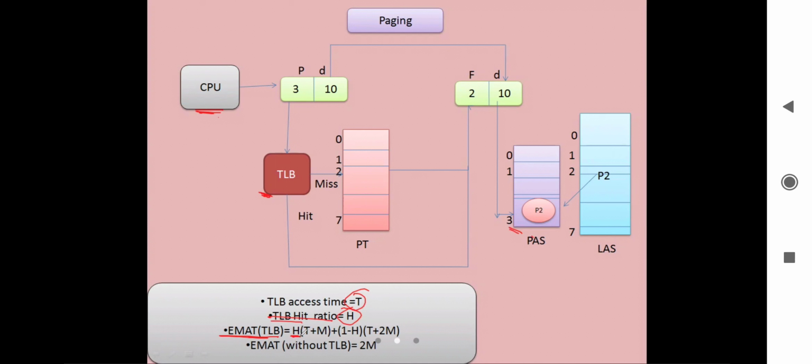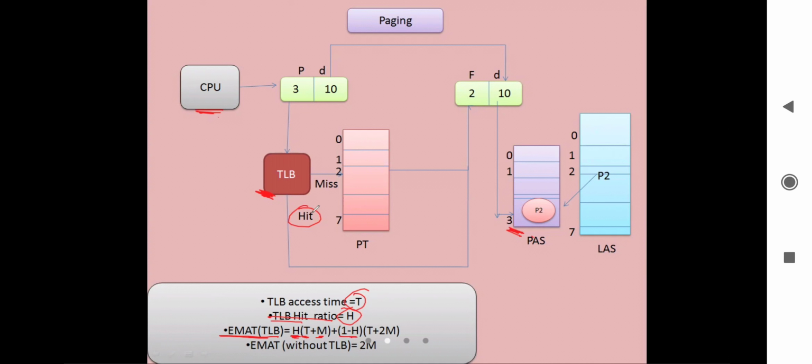If it is a hit, we access the TLB, so T plus M, because on a hit we go to the main memory and access it. So here it is H into T plus M, plus 1 minus H.